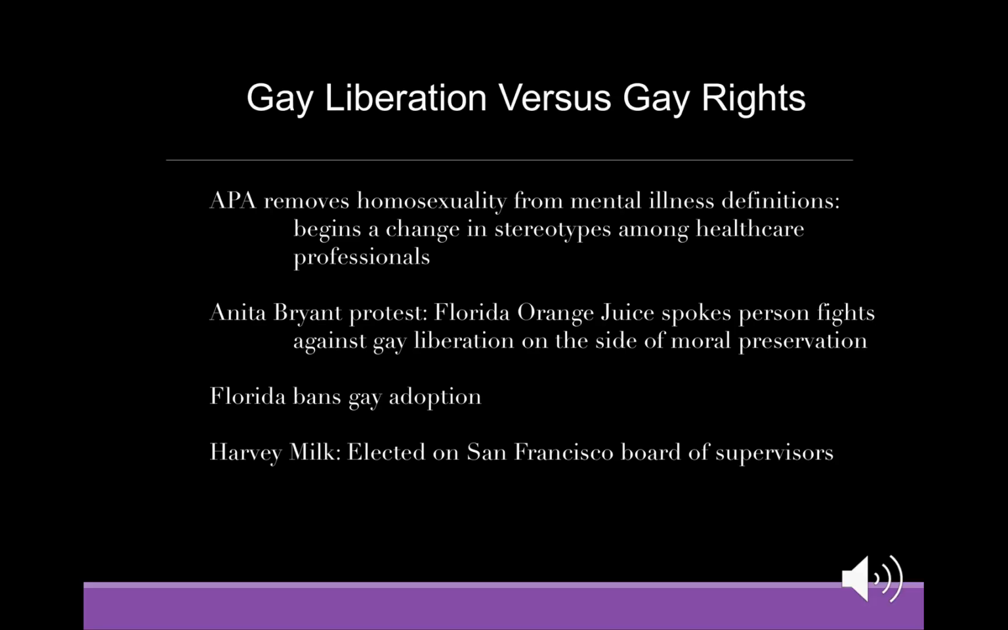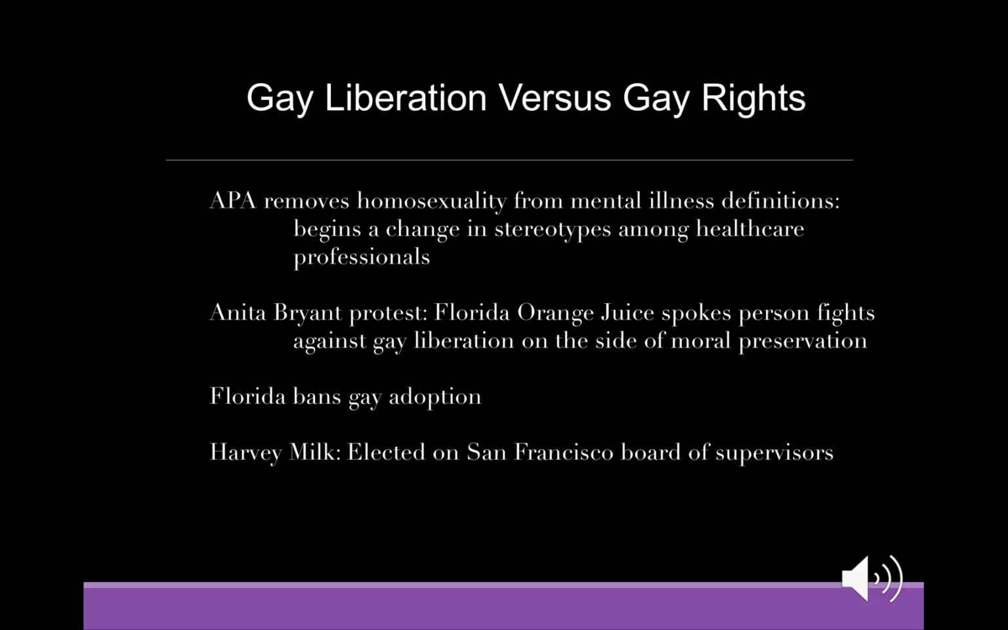Gay liberationists wanted the American Psychiatric Association to remove homosexuality from their list of mental illnesses, and in 1973 that occurred. So this is more of a liberating experience, knowing that people will see them not as having a mental illness, but as being just different from someone else in society. Gay rights, though,